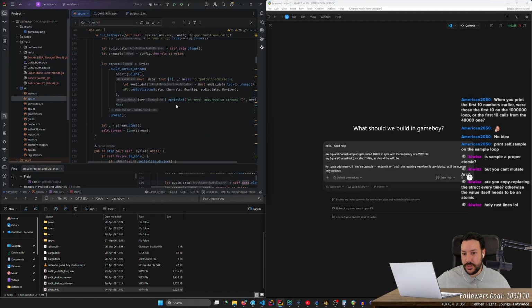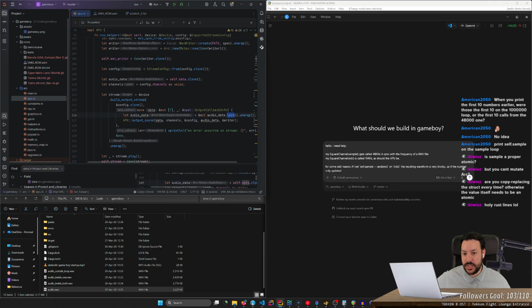Okay, I have one theory, which is maybe instead of locking here, yeah, that would make sense, because here then I'm grabbing the same value. Instead of locking here, I could pass audio data inside.